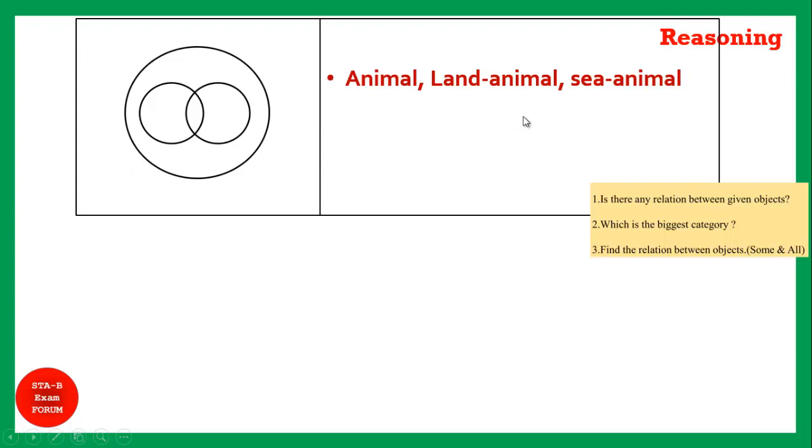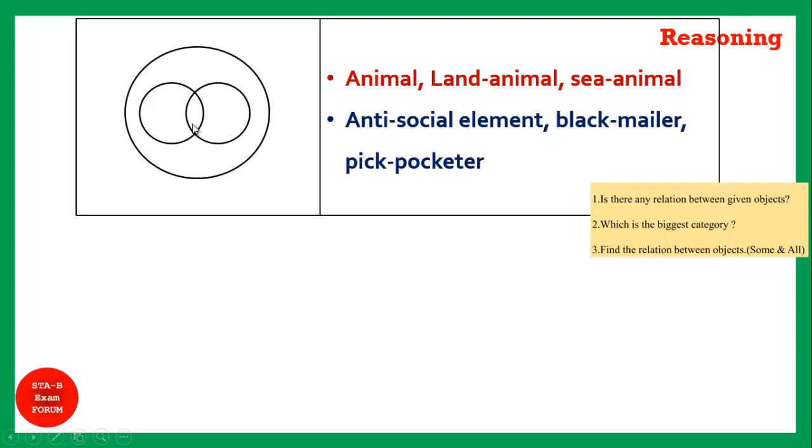So is there any relationship between land animal and sea animal? Yes, a land animal can be a simple animal, and a sea animal can also be a simple animal. But there is an exception which we are talking about. What is that exception? Yes, the tortoise is there. The amphibians category is this one. These are land animals, these are sea animals, and these are both land and sea, which we call amphibians. This is very interesting. You can have a look by yourself.